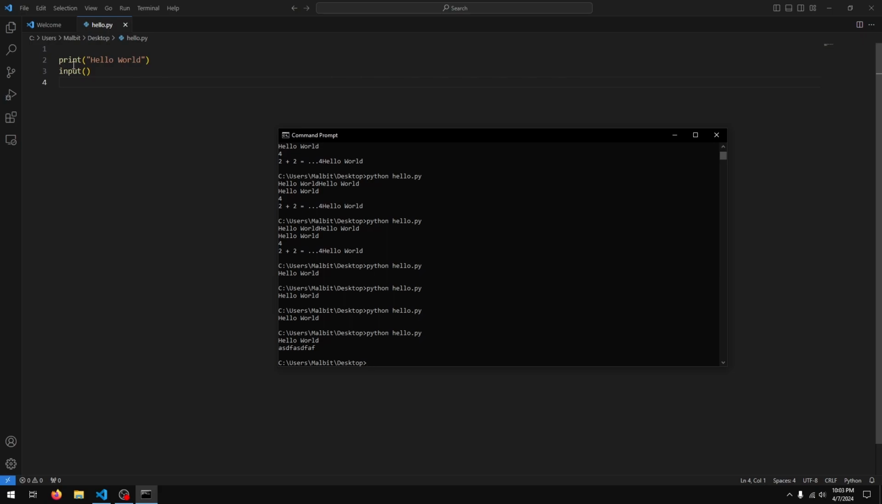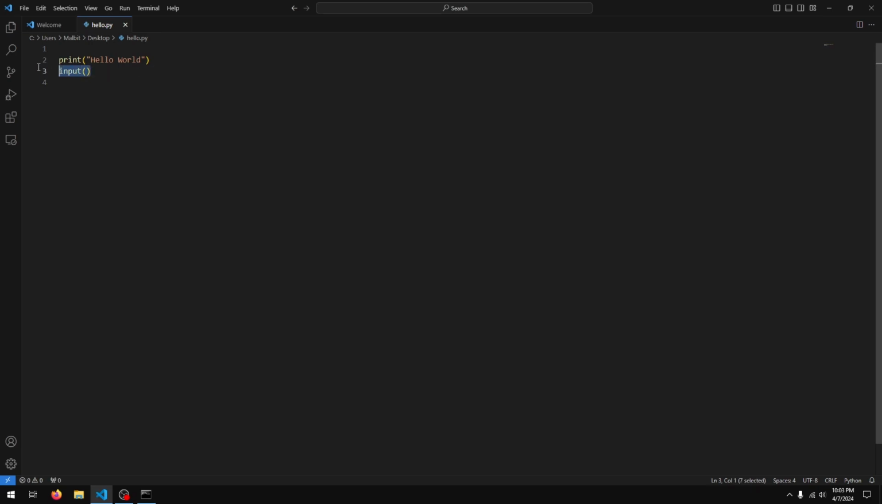Let's try and show the user what they typed in. We do that by giving whatever they type in a name. We don't really know what the user types in, so we just give it some name, and whenever we use that name in our program, Python will replace it with whatever the user types in. I'm just going to call this A. So I'm going to type in A equals input,